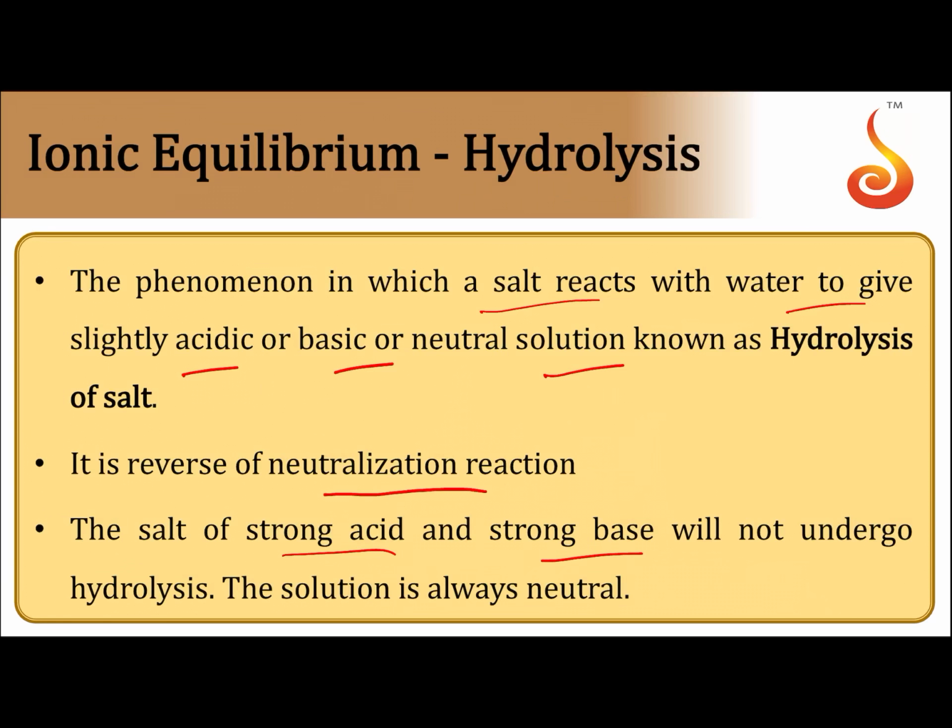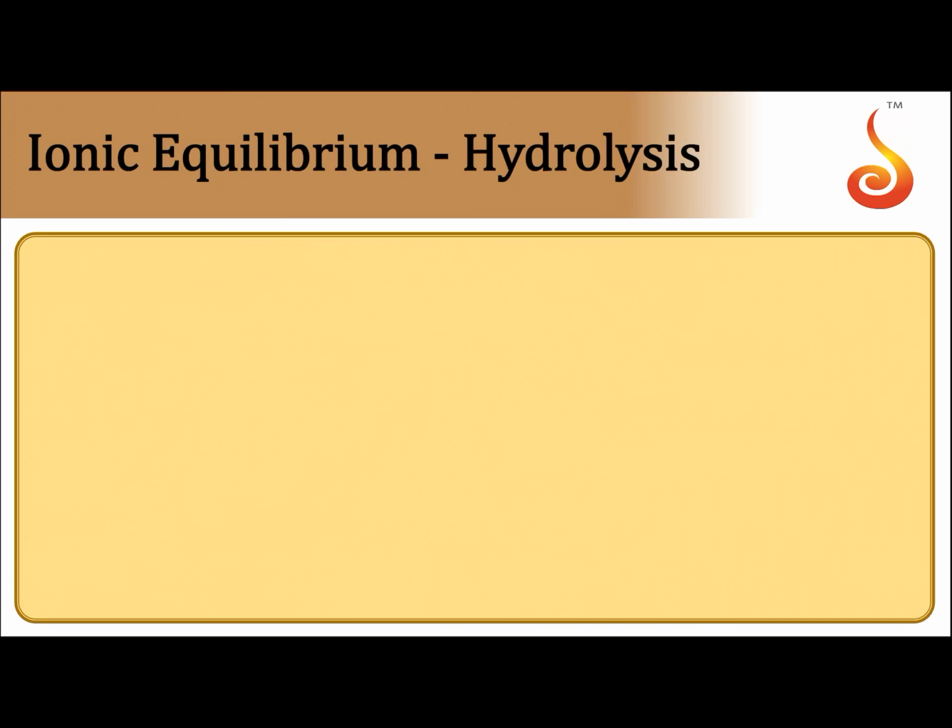The salt of a strong acid and a strong base, something like NaCl, will not undergo hydrolysis. Therefore, their salt solutions always remain neutral. For example, if you take a salt like AB,